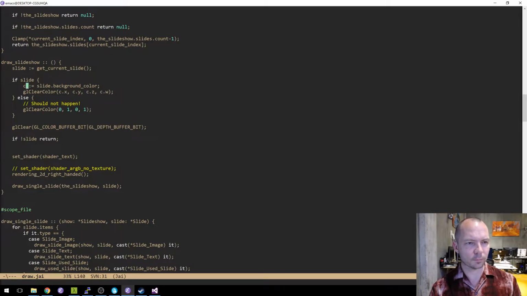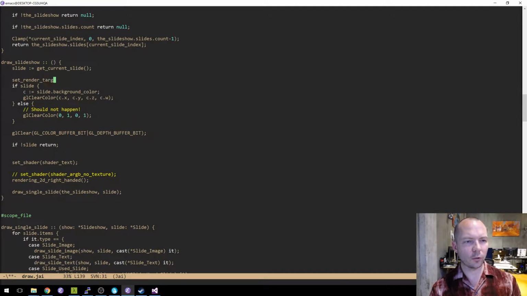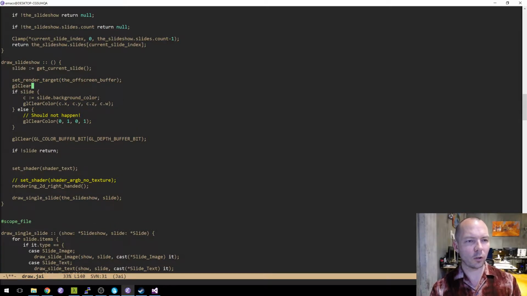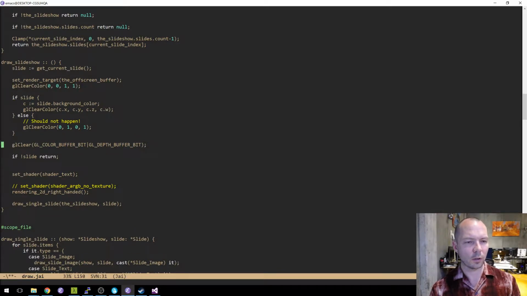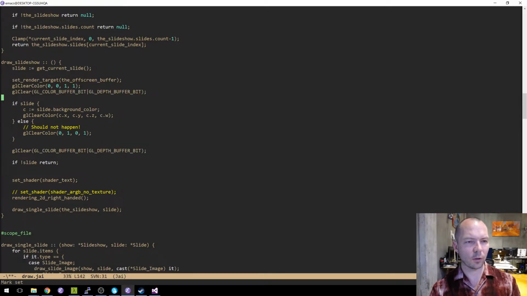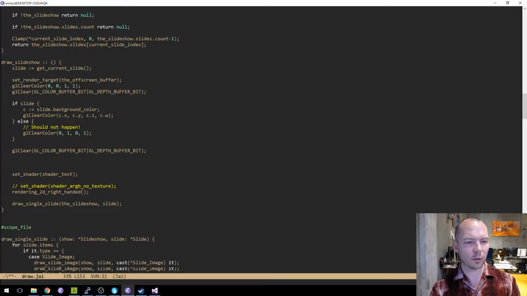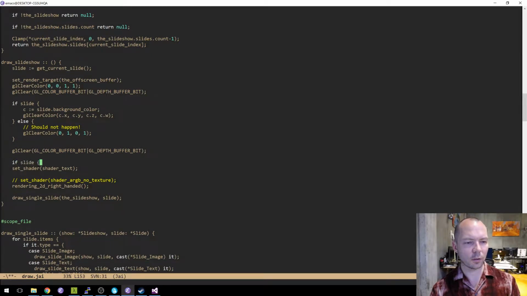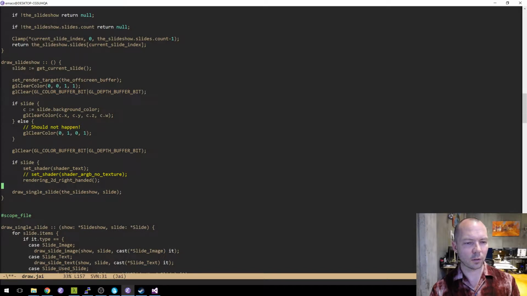Set render target the off-screen buffer, GL clear, color 0, 0, 1, 1, clear color and depth.